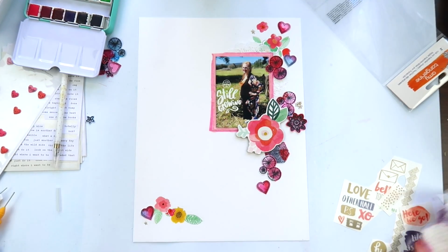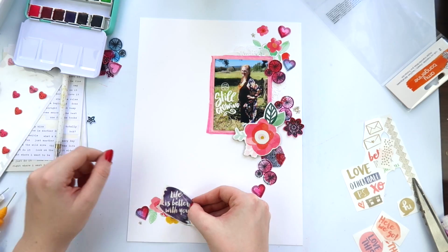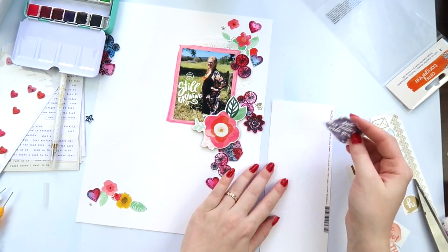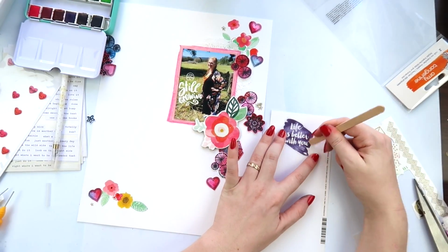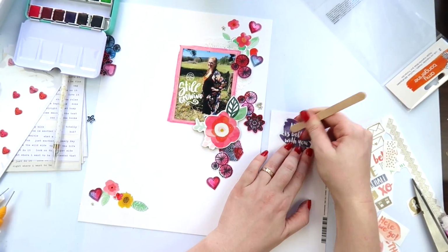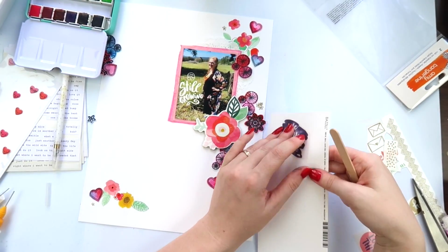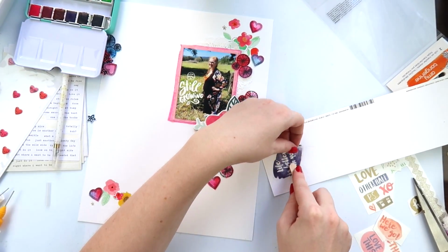But I didn't want to put those on until I'd stuck a few more of the stamped images and really knew where they could go. Now this big one, it says life is better with you, and I really wanted to use it, but the problem is when you put a rub-on over the top of something else, it doesn't always rub on properly, especially words, and I wanted to be able to still see the letters that were in this rub-on, so I decided to do it on a scrap piece of cardstock and then cut it out and make it my own embellishment,